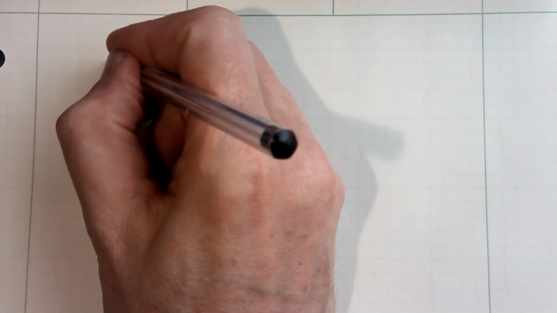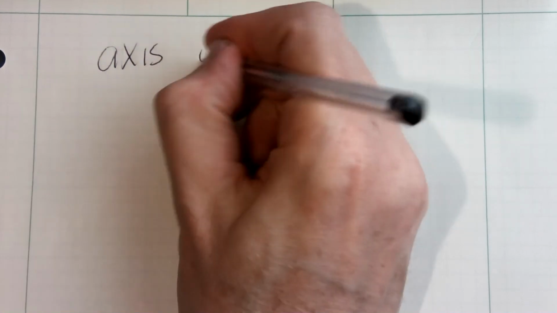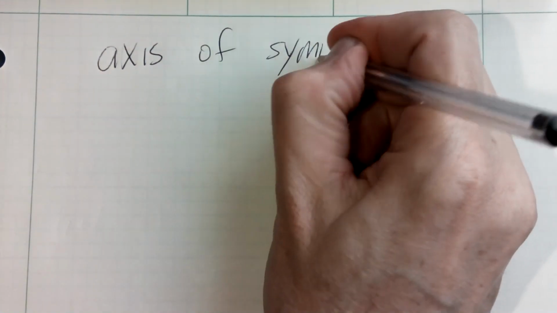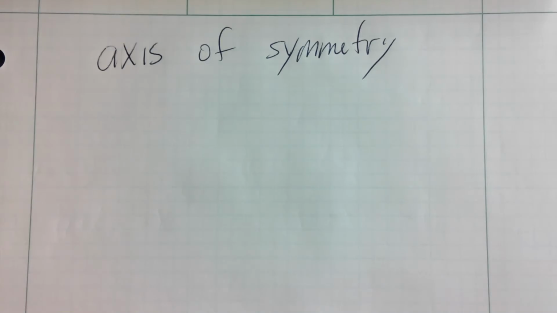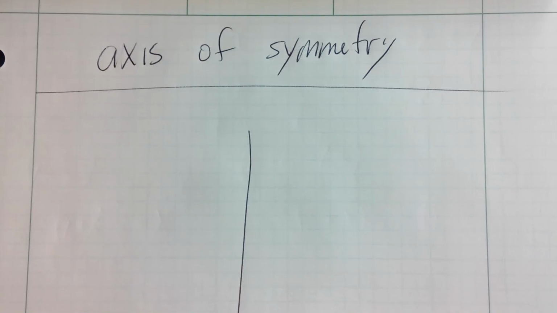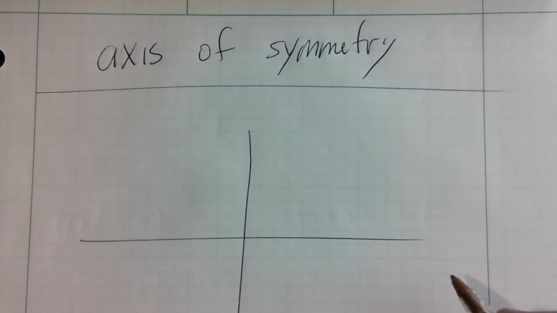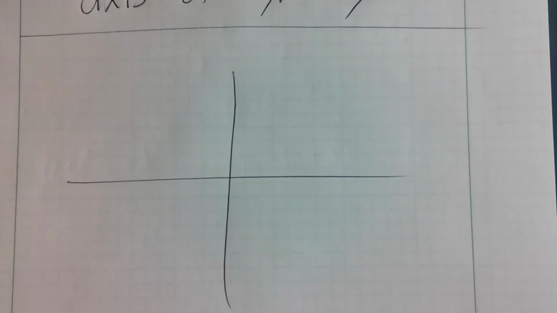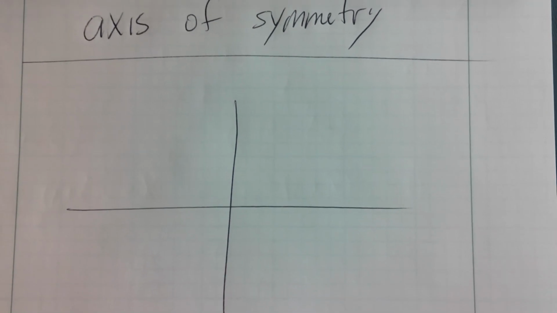Welcome. Today we're going to learn how to write the equation for the axis of symmetry of a parabola. Basically, it's very easy if they give you the graph. The axis of symmetry is always either a vertical or horizontal line, depending on whether it's opened up, down, left,